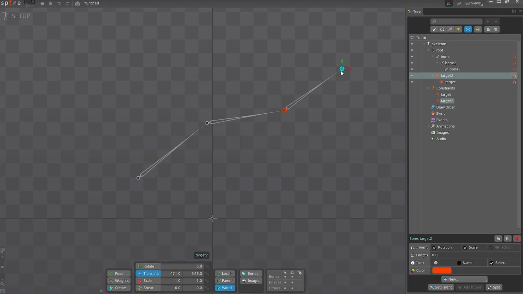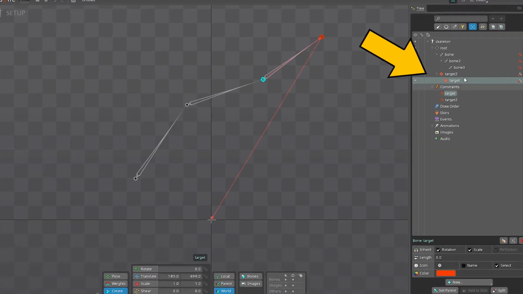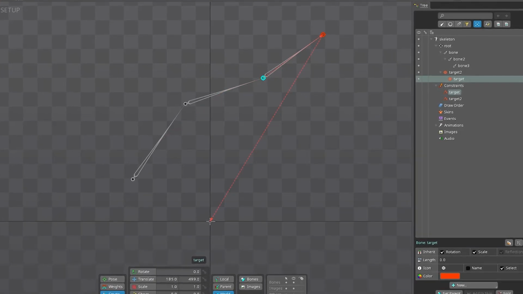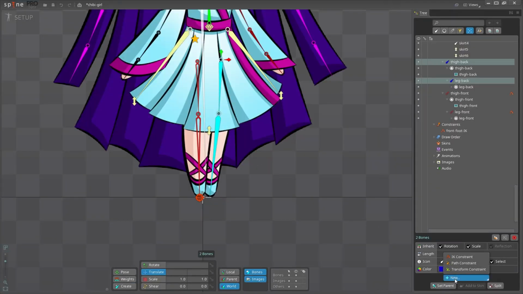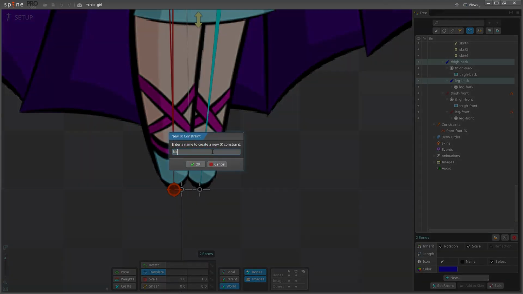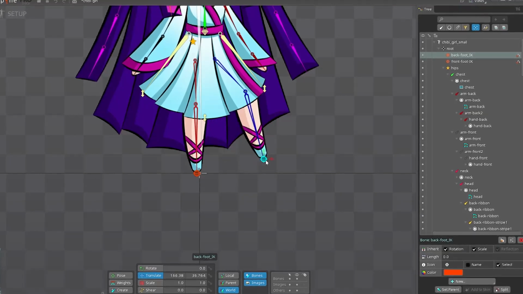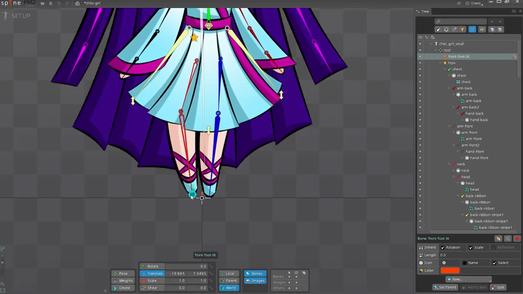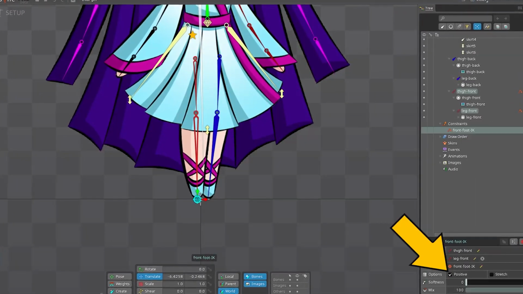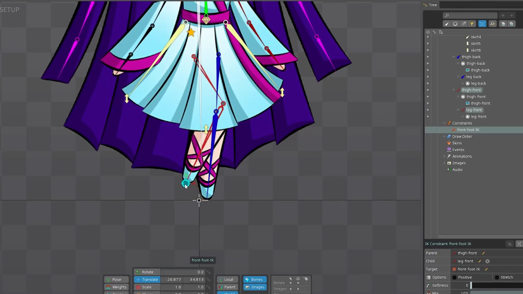If you need more than that, you can create a hierarchy of constraints, like this. To be honest, the procedure is not very intuitive, and it takes a couple of tries to get used to, but the result looks good, and it is also very reliable. You can even control the direction of the constraint by simply checking this checkbox.